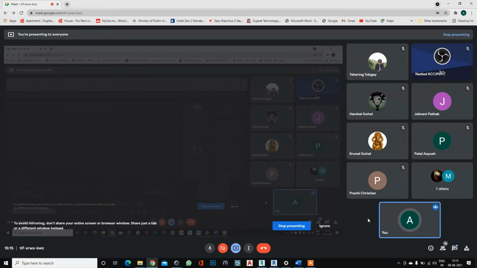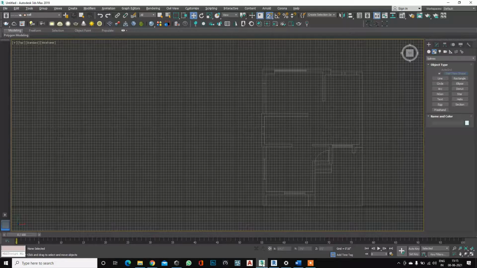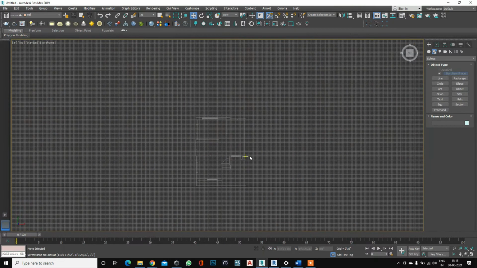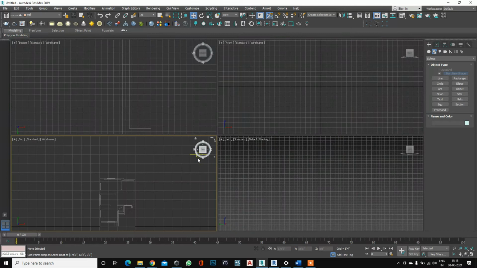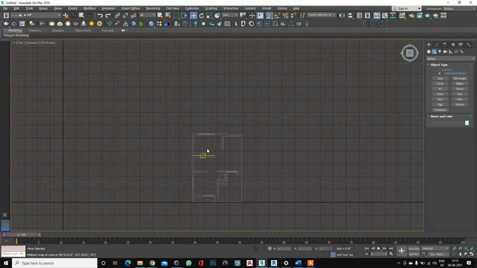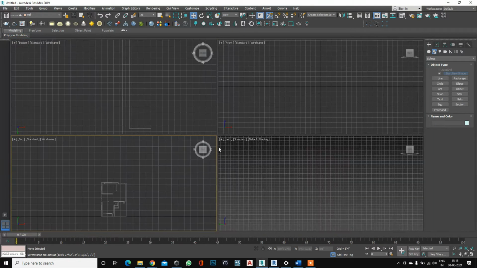Okay, so just note down whatever your questions are. We will do the question answering session at the last, right? Okay, so again, if you want to work in a single frame, then you can press Alt and W. This is the very first shortcut and an every-time usable shortcut, right? Alt W.